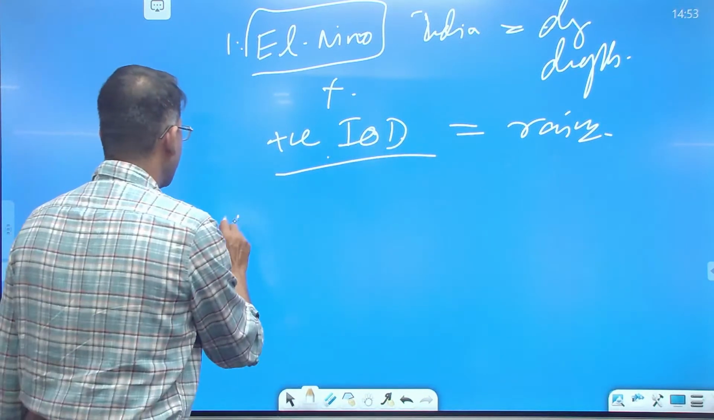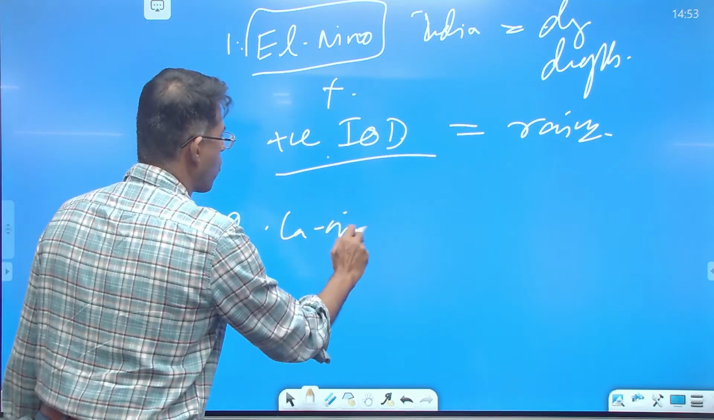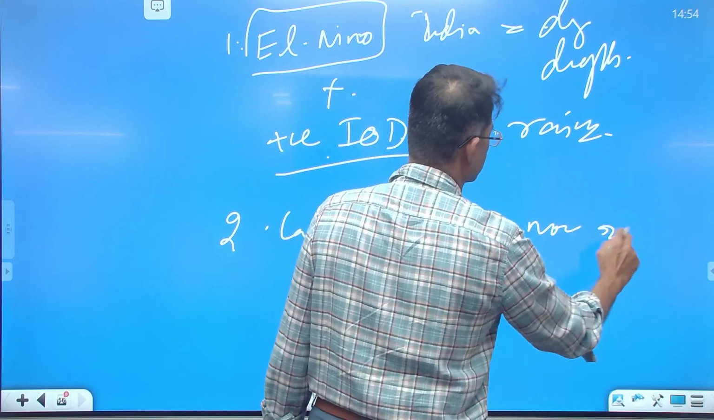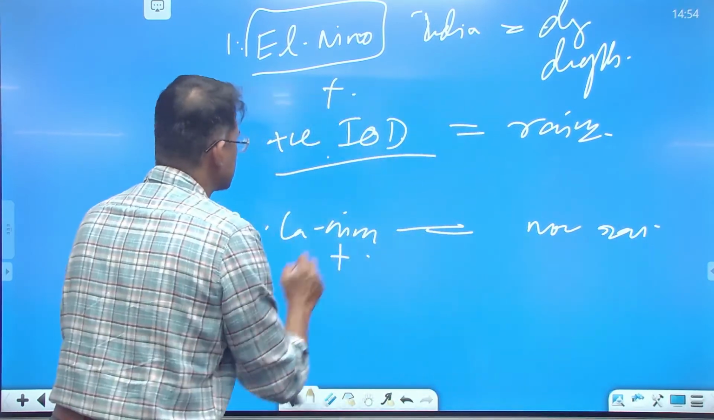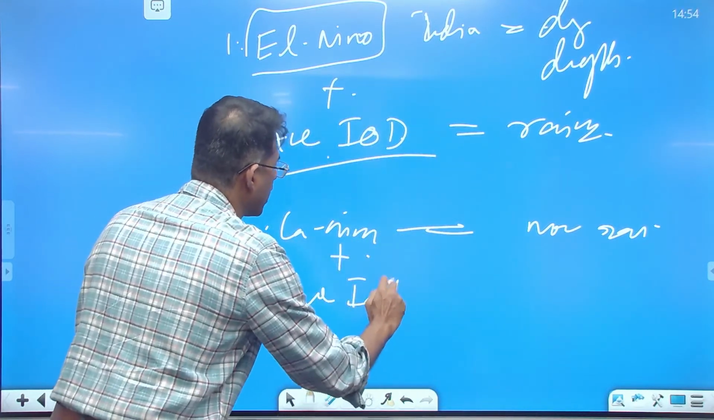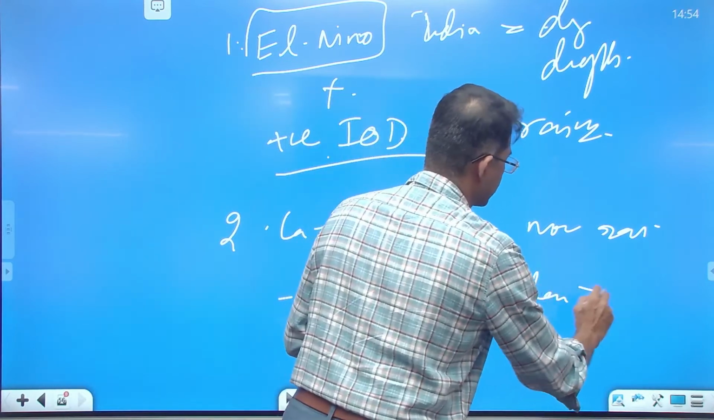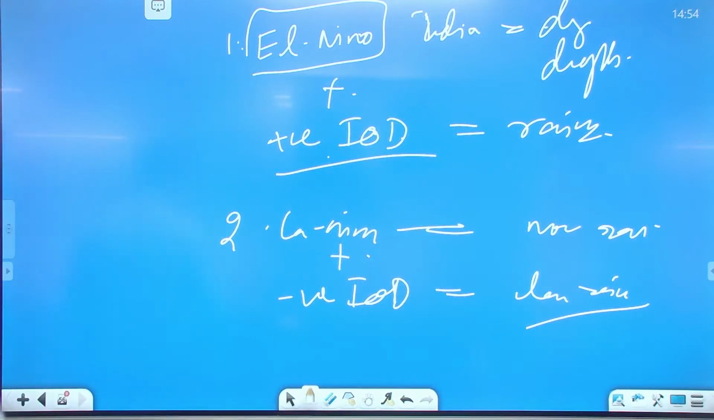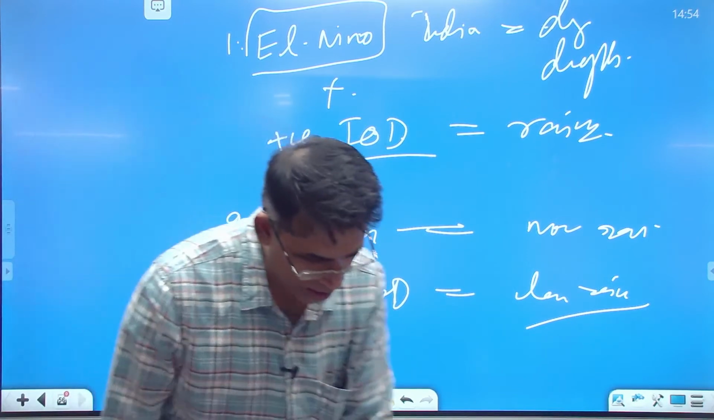वैसे अगर La Nina है मेरे पास, what I will expect is, I'll expect more rains. But अगर La Nina के साथ में negative IOD हो गया, तब क्या होने वाला है? Less rains. Remember this, all of you. All fine? This was a question asked. Okay. This was a question asked in